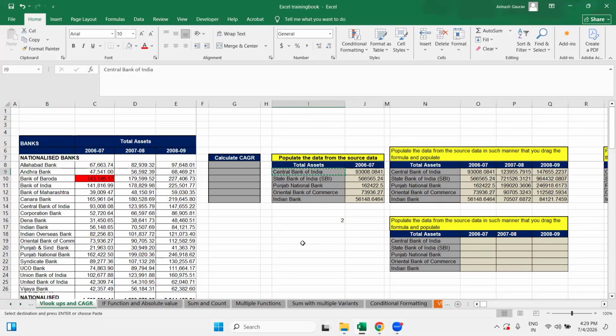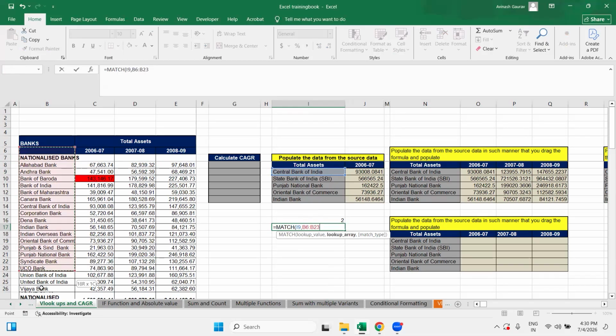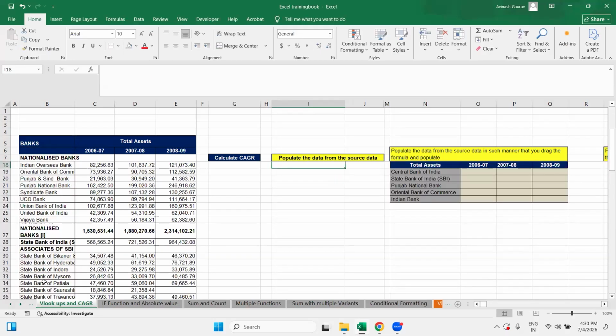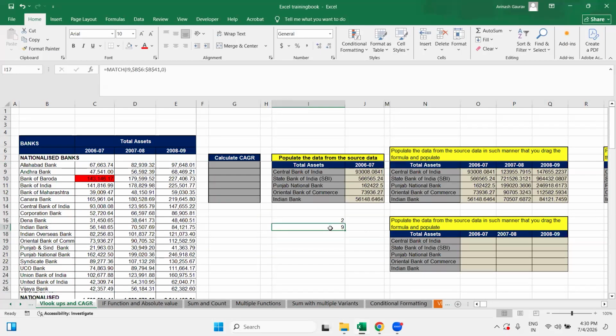Now let's suppose I want to look up for Central Bank of India. Now I can do a match. Now my lookup value is Central Bank of India for an example. Now I know that my Central Bank of India is in particular this column, right? So I can select this column and then I can press a 0. Now you can see it is giving you the position as 9, which means when I start count, so I